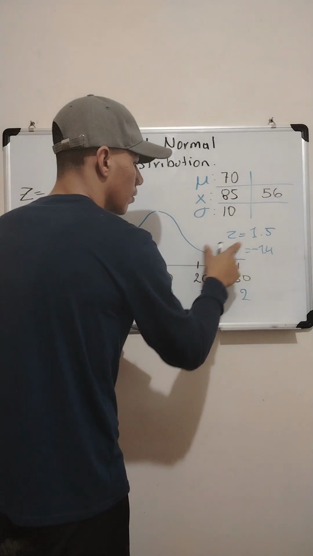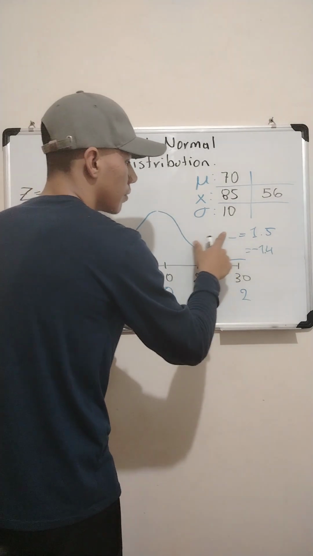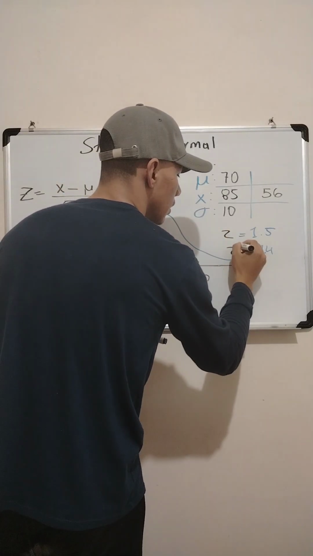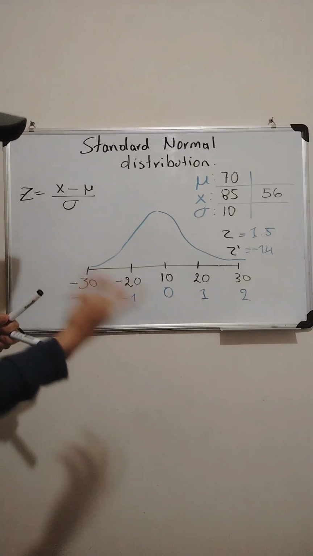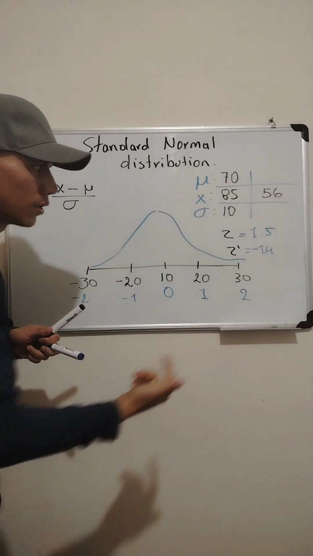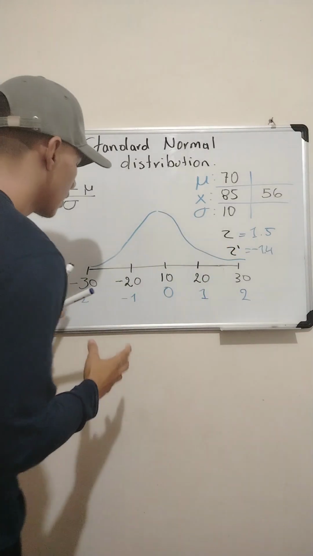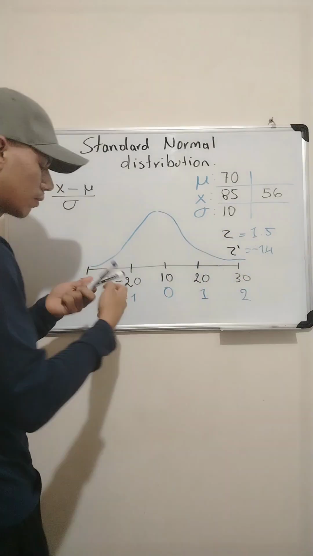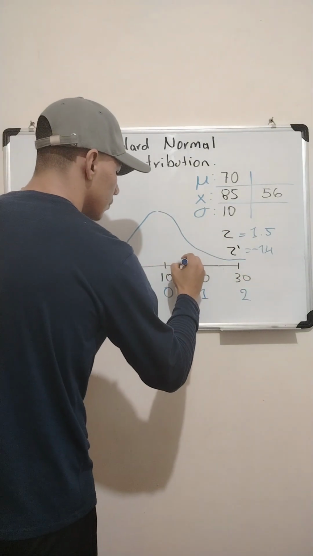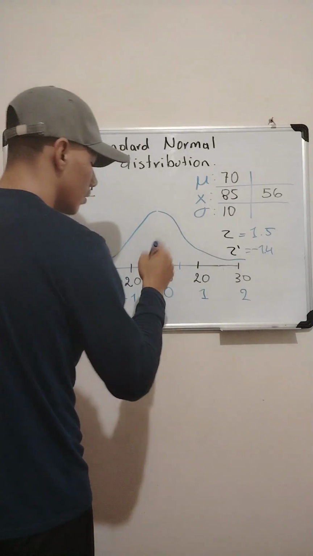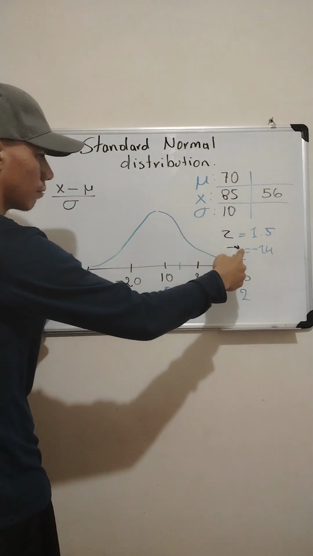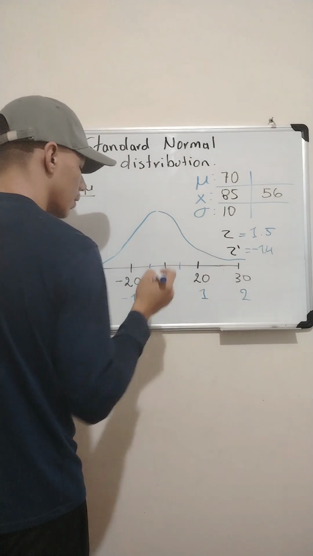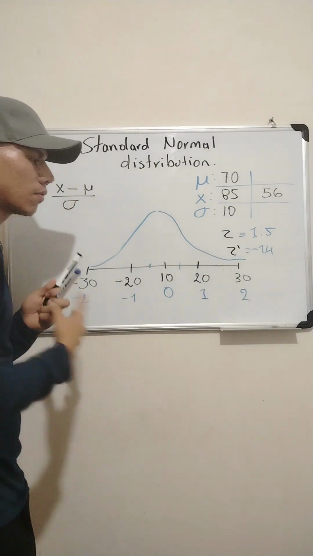Let's use another color for the z and z prime. You can call it another letter, but I would like to call it z prime. And so that will be 1.5. That would fall here, and minus 1.4 will be almost like here. So what we want to do now,